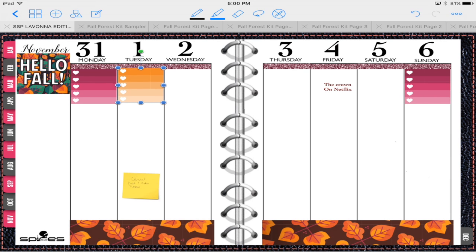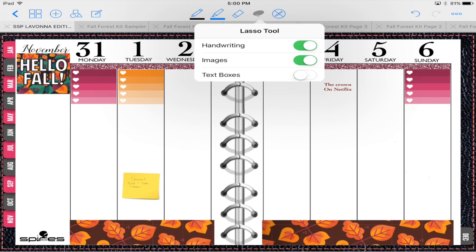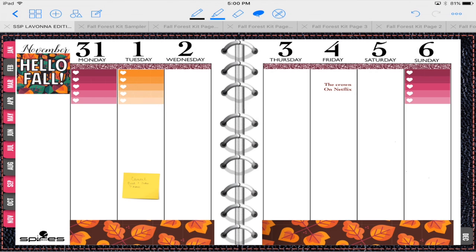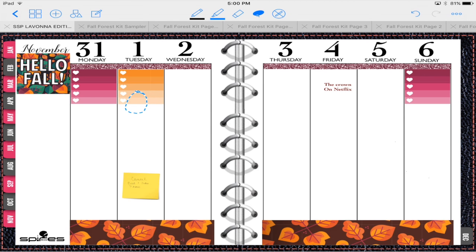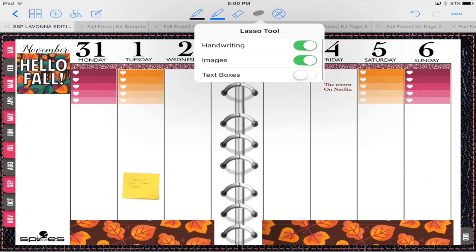Often when I'm making these videos, I try to kind of make it so y'all can see the whole picture and not zoom in as much. But when you're doing your personal planner, zoom in as much as you need to. It makes it so much easier. Here, I'm just going to copy this box over to the other one, just like I did the first box. And then I'll go back to the sticker sheet